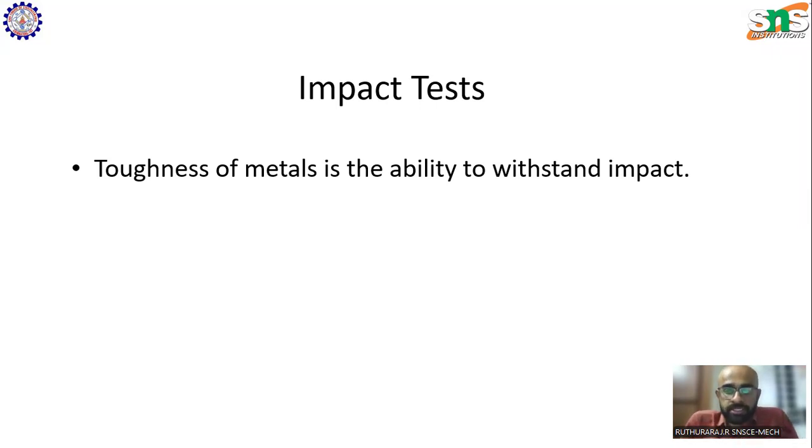So what is impact strength? Impact strength is otherwise called toughness. Toughness is the ability of the material to withstand impact. So when a sudden load is applied, how does the material react? Imagine you are striking a metal plate with a hammer. If the material is ductile, what happens? It may bend. If it is a brittle material, then it will crack. So that defines the